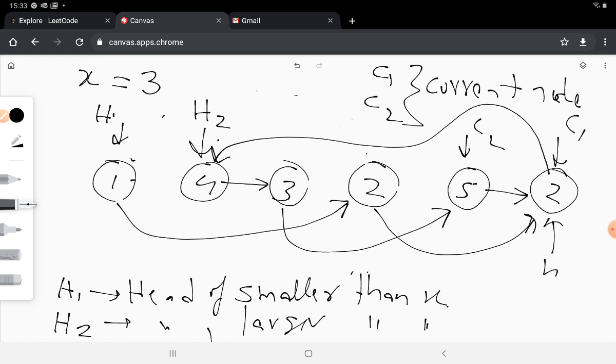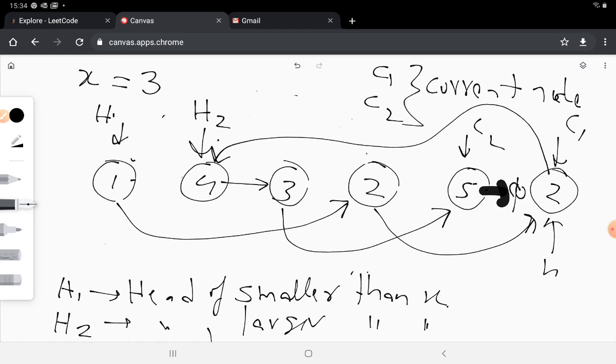Second thing that I need to do is reinitialize c2 to point to null, because c2 is the end of the larger half of the list, so it should now be the last node of the whole list itself and should point to null. So for doing that I remove this and make this point to null.